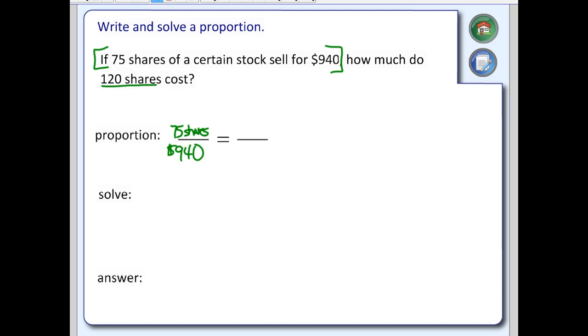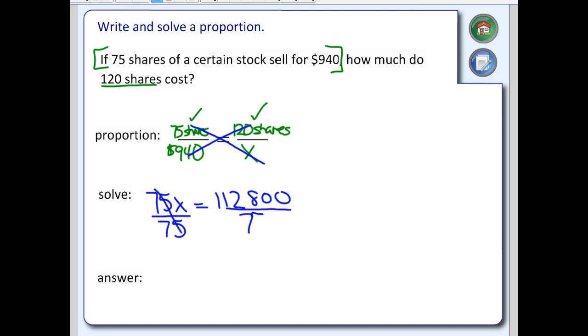Since I put shares in the numerator in this fraction, I also have to put shares in the numerator of the other fraction. They have to be in corresponding places. Corresponding entries is what I call them. We're figuring out how much it costs, so that's where my x goes. Now that both ratios have shares in the numerator and money in the denominator, we can just cross multiply. Means equals extremes. 75x equals 120 times 940. Don't mess up on the basic math. We've got to divide both sides by 75 to get x alone. And so x equals